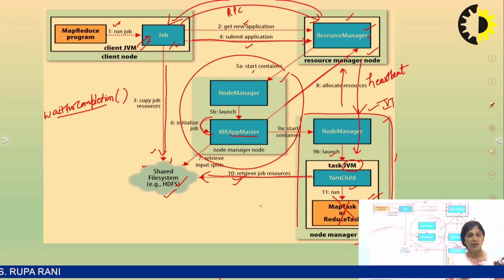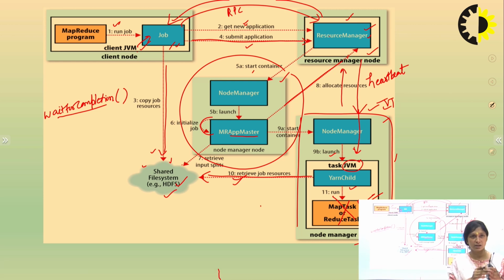Actually, the communication works in a loop. Periodically, the task tracker sends the response to the resource manager. Means after every 3 seconds, the task tracker sends the response, and after every 3 seconds, the resource manager receives the status of that particular job. After completion of the job, the task tracker will give a response to the resource manager and will free the particular ID or container to execute the next task.